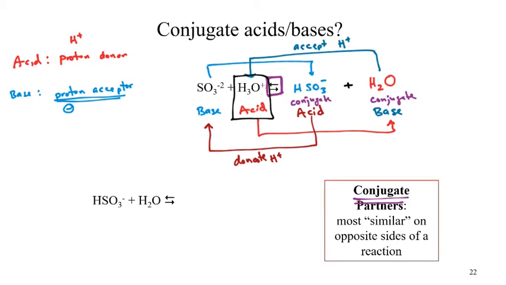Whoa, that was not the button I wanted to push. Okay, what that now does is that cleans up our system, and we now have all of these phenomenal labels that we could go through and interpret. So what I would like you to go through and do, okay, is do the same process for the equation down here. HSO3 minus plus H2O goes to what? Predict what those products are, label out base, acid, conjugate base, put on your donate H+, don't accept H+, label everything like we've got up here.